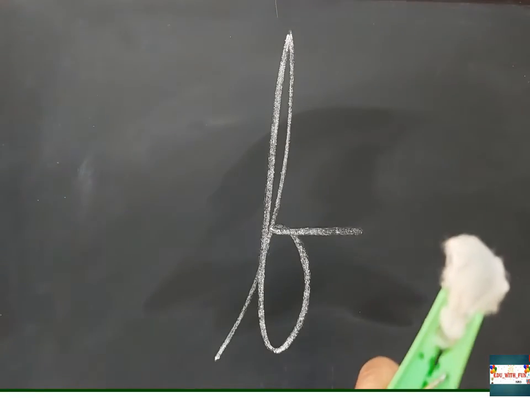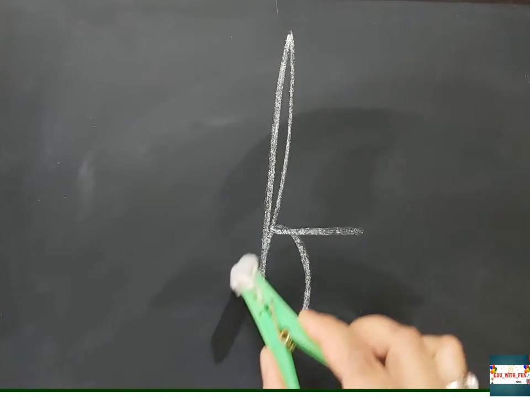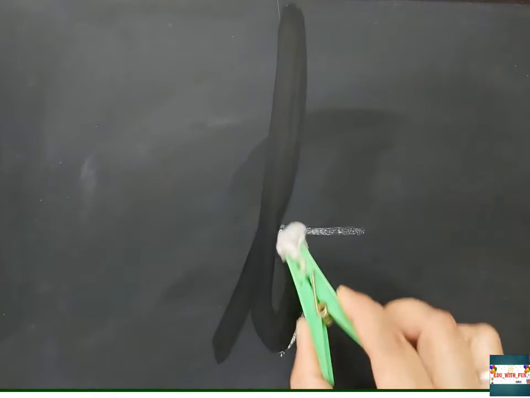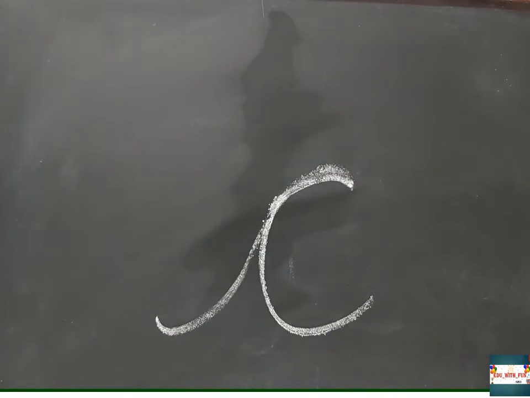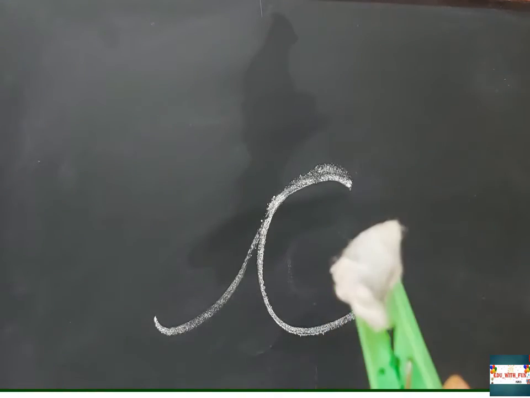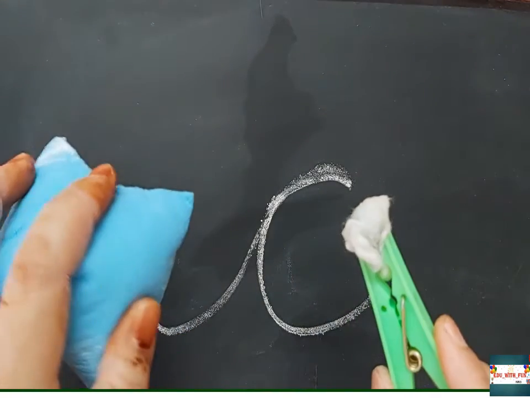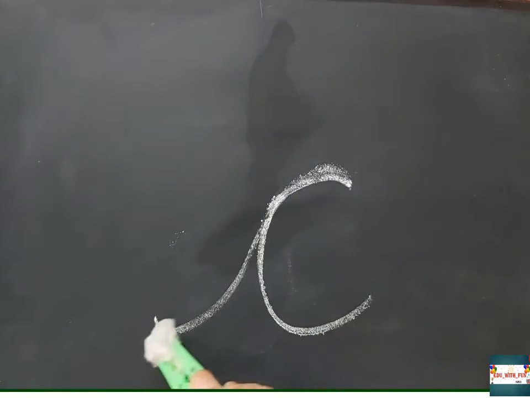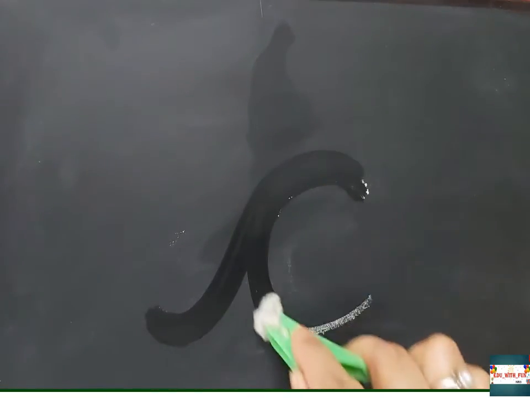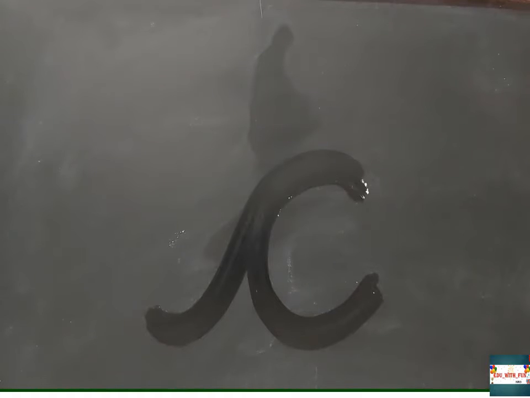This is a loop and curve pattern together. This loop, you can see, goes from up, comes down and then there is one more small loop. Before asking the child to write the letter directly, it will be really helpful if they do pattern writing, curve pattern writing, because in curve pattern writing it will be easy. Now you can use the duster or you can use the wiping cotton. It's up to you. You can use both.